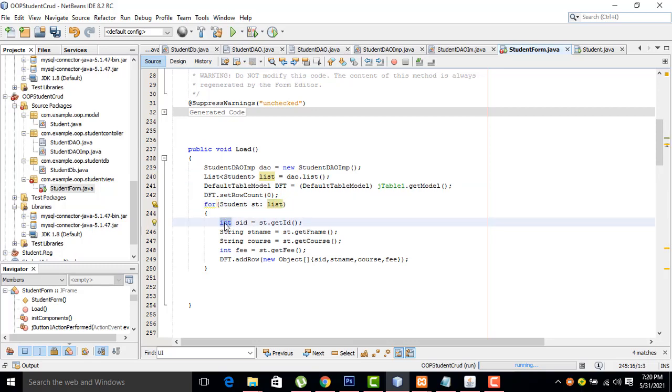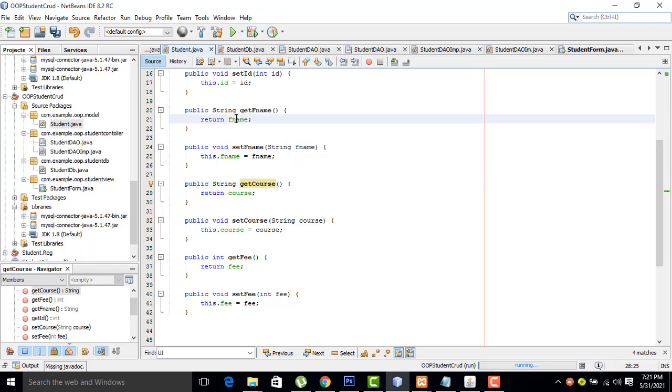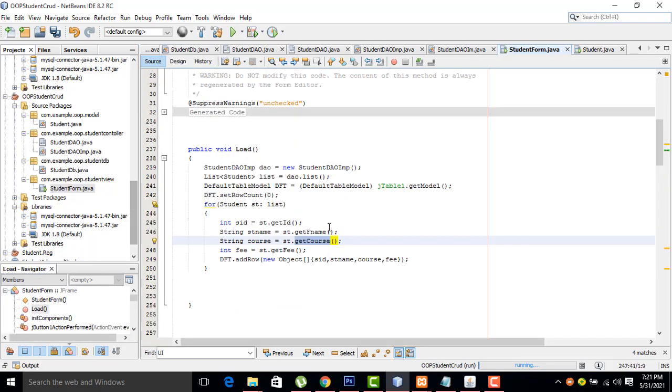We have to create the first variable, int sid. All these list objects are passed to the student st, dot String st name, get name. Right. So first we have to set the name. Whatever name you set here, it will be retrieved here. The same thing we have to do here as well.